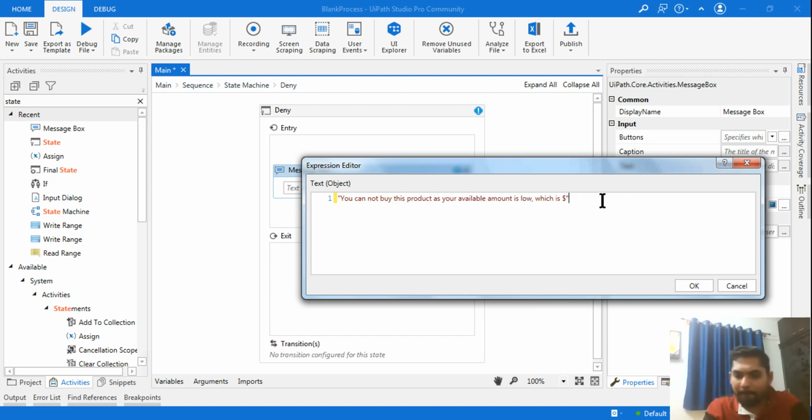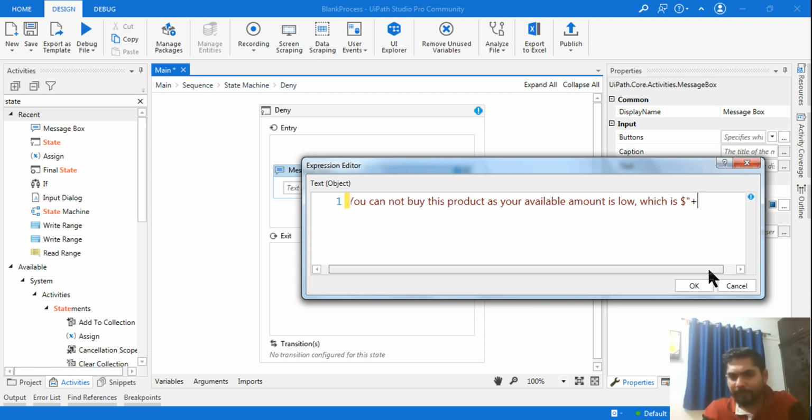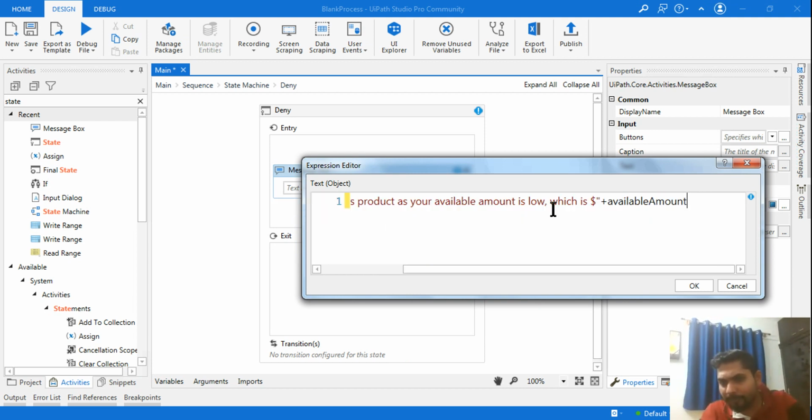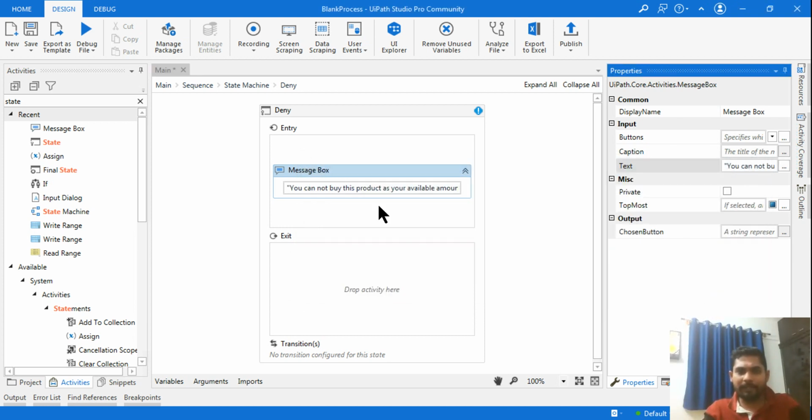Okay, and here I'll give a plus sign. You can see it, right? So here I'll give a plus sign, and here I want to show his available amount. I'm going to show the available amount dot toString, which is $8 or whatever he's entering, right? So I'm going to say toString. Done. Okay, so let me click on okay. So I'm done until here. So it is going to show that amount.